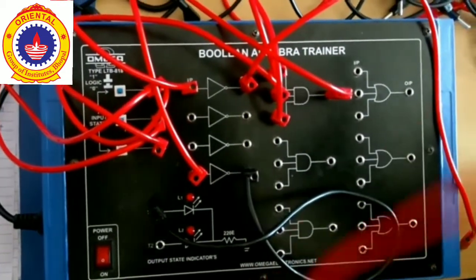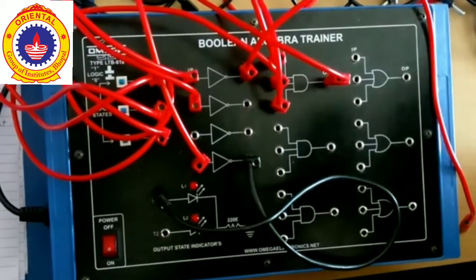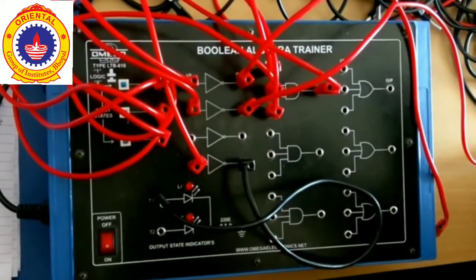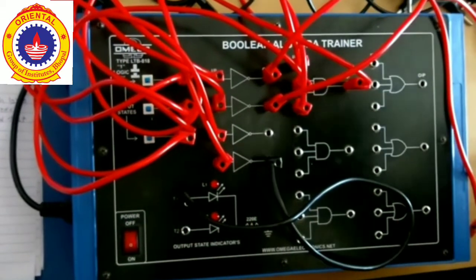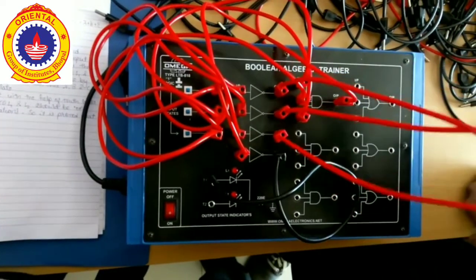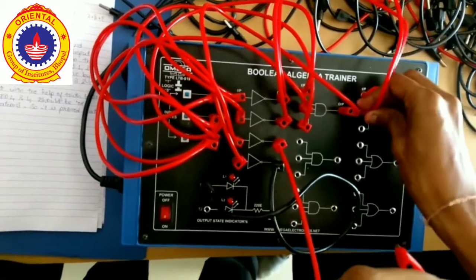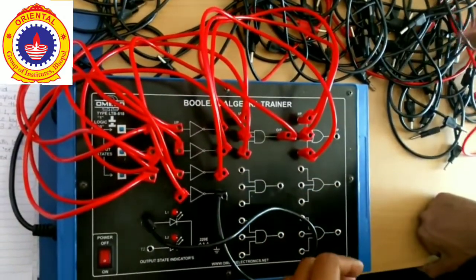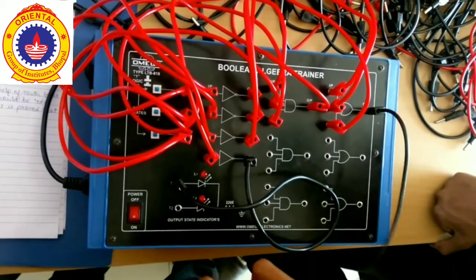As you can see, we are completing our circuit. We are giving the NOT gate to the C input, and then we give the outputs of these three NOT gates to the OR gate. As you can see on the right-hand side, we have an OR gate. We give these outputs to the inputs of the OR gate, and then we give the output of the OR gate to the LED indicator, which will show the output of this circuit. So we have output 1 on LED indicator 1 and output 2 on LED indicator 2. Now first of all we have put all the inputs to 1.